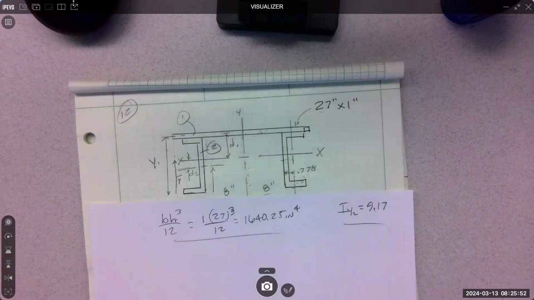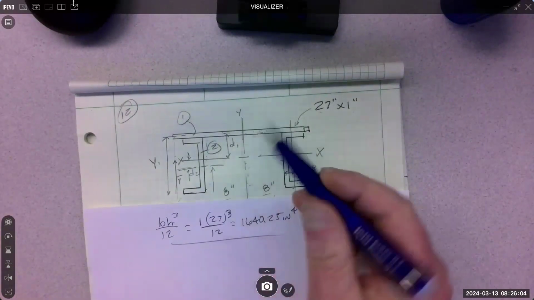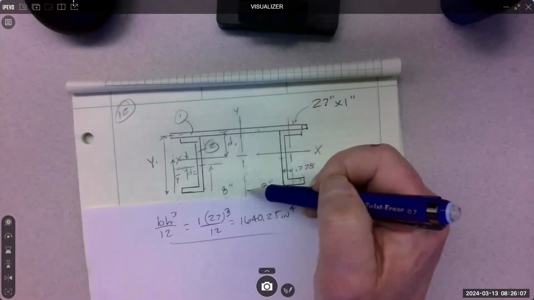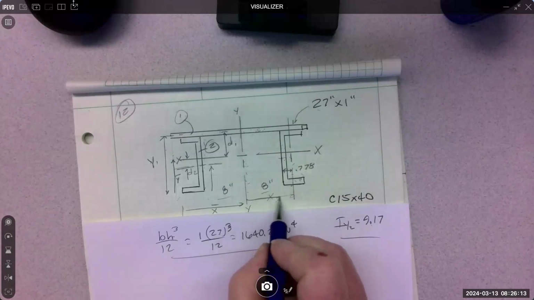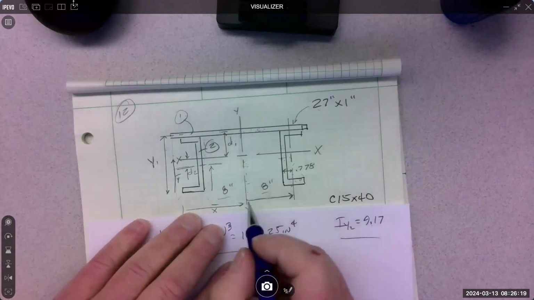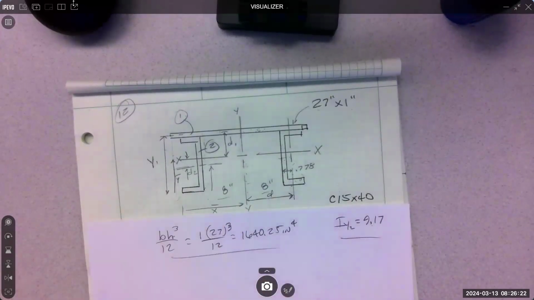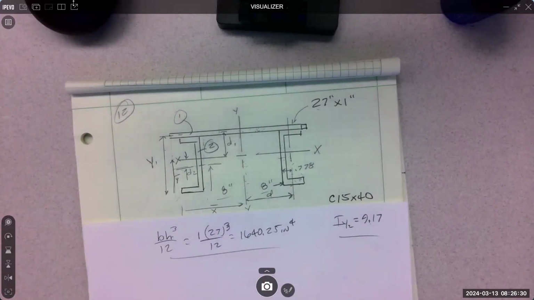So we have both inertias. We still have both areas. The areas didn't change. Now we can transfer. The plate does not need to be transferred. It's already at the y-axis. These need transfer, and this is our transfer distance. Does the 8 go to the 8? I believe the 8 goes to here. Yep, it goes to the shoulder. So the transfer distance is